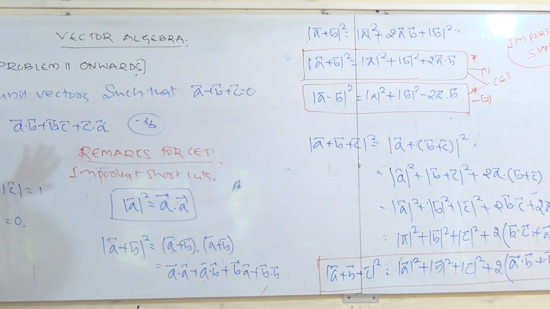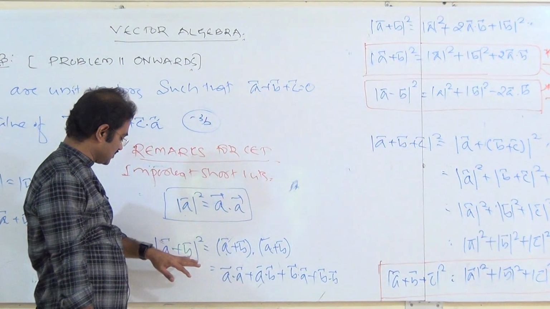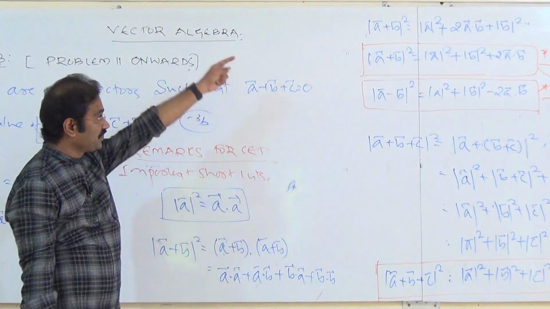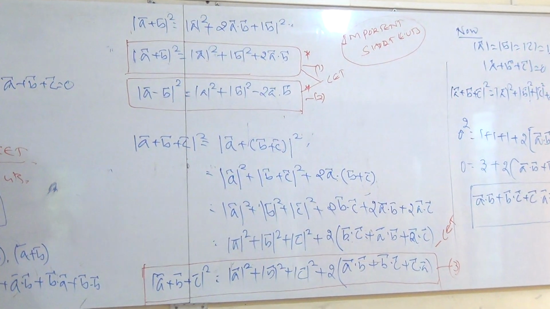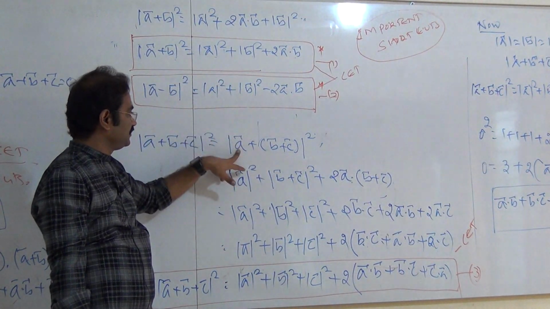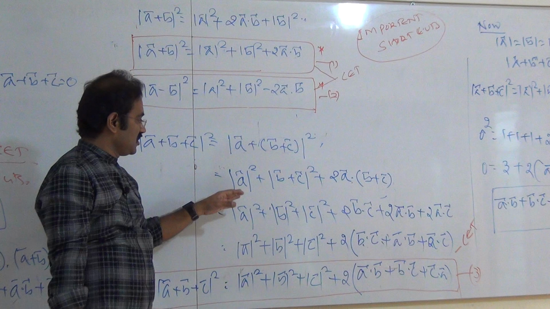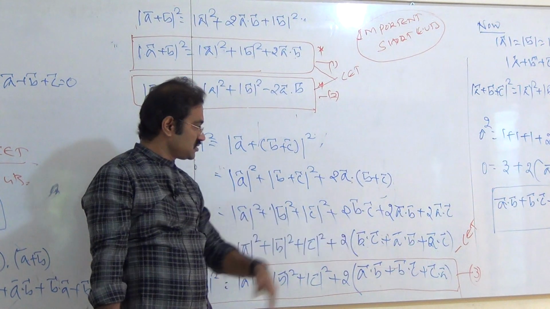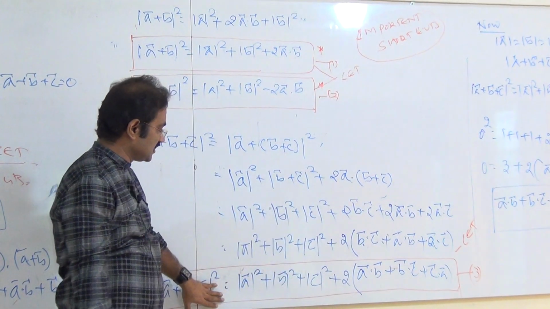And the answer: 1 is magnitude of A square is equal to A dot A. Already we have this hint. (A plus B) bracket square is equal to A dot A, A dot B, B dot A, B dot B. Magnitude of A square, A dot B, B dot A we did, magnitude of B square. It is equal to A square plus B square plus 2 A dot B. Similarly for minus sign. I take (A plus B plus C)(A plus B plus C) bracket square: A square plus B square plus 2AB, expand the bracket, 2 times B dot C, A dot C, simplify, so we get this much.